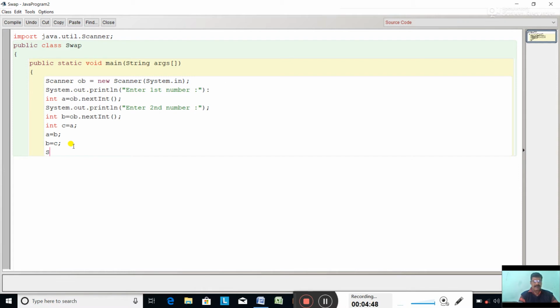Now print it. System.out.println("The value of A = " + A). Let's copy this line.